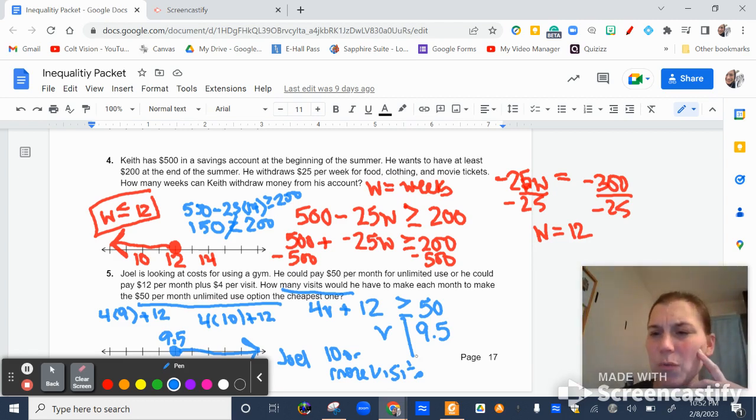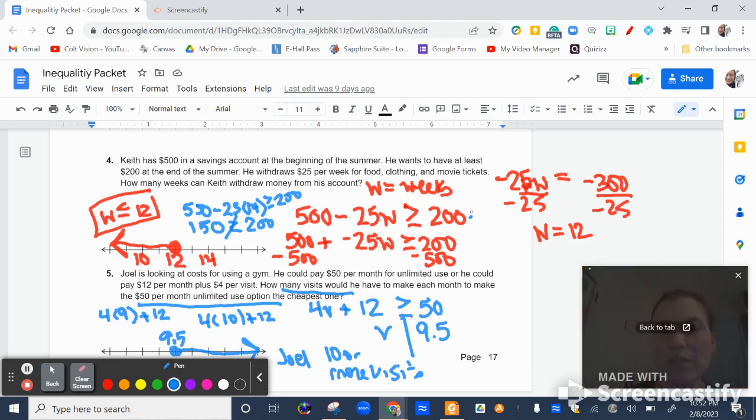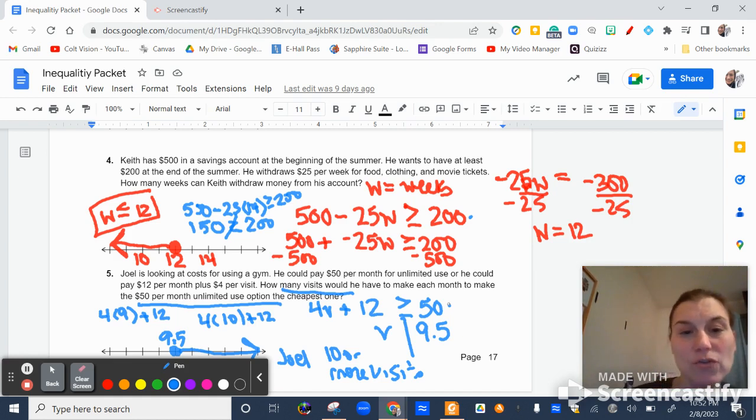So there you go. So there's 2 word problems. Both times I wrote the inequality. Notice that we write the inequality, then we solve it like an equation. I graphed it, and then I checked my graph to know which way to write the solution. And the final solution that we didn't have is that Joel